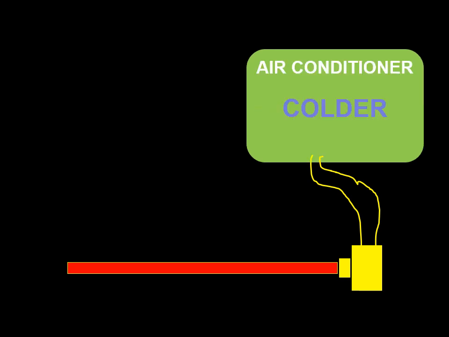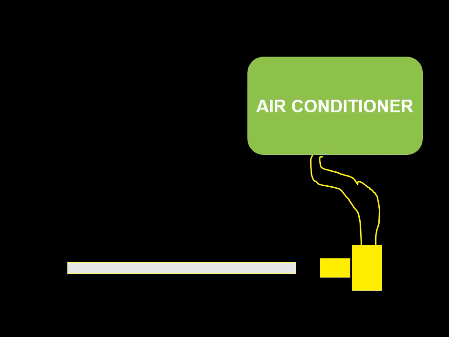So the air conditioner comes on, it gets colder, and now the coldness in this box or this area will affect again the rectangle at the bottom, or it's really just an iron rod or metal rod of some sort. But when that happens, the coldness now will contract it, which will pull it off of the switch, and now the air conditioner goes off, because the switch isn't being pushed anymore. So that's a very crude representation, but that's kind of how your feedback systems work in your body. Something happens, then something else is triggered, which causes a reversal of it, and then you get back to normal condition again.